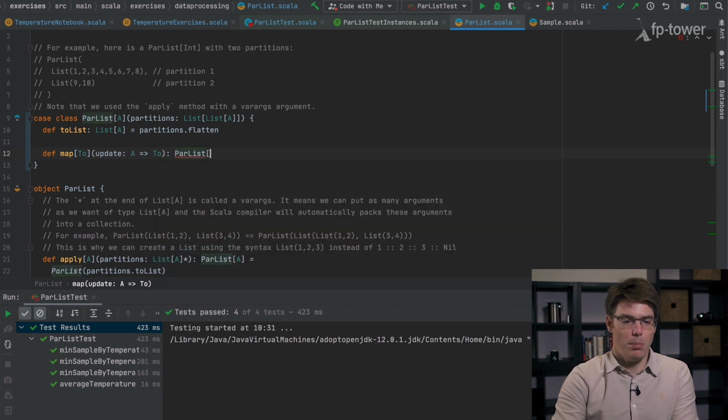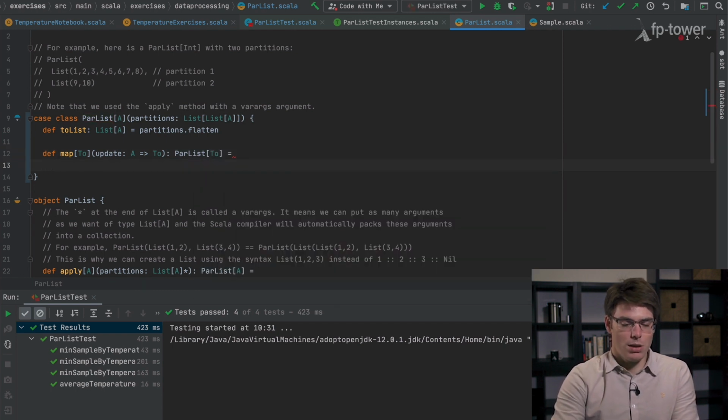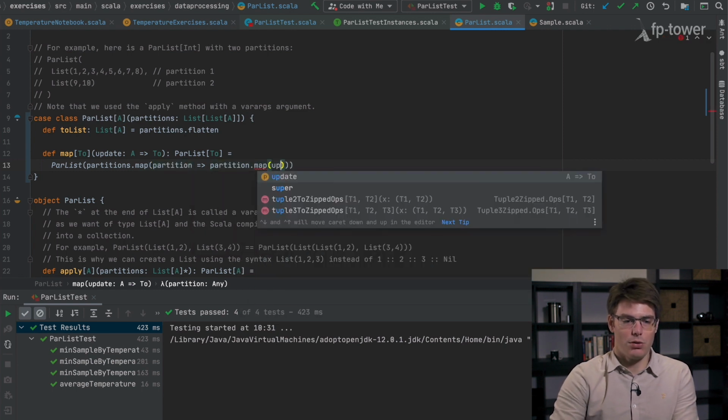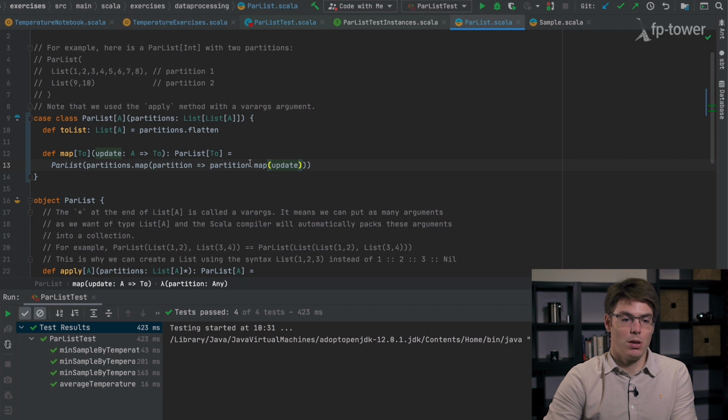And this will return a par list of B. So now the implementation of this is we create a new par list where we take the existing partition, we map it. This gives us access to a partition inside it. And what do we want to do for each partition? We want to apply the update function. That's it. If we want to make it slightly shorter, we could use an underscore here, but it may not be more readable, so I'll not do this.